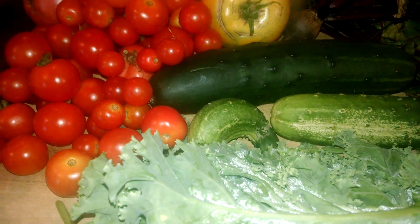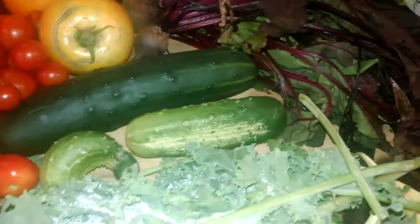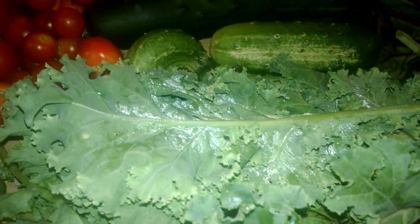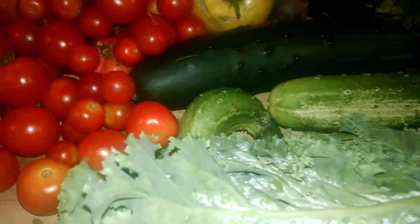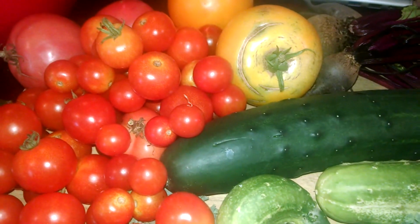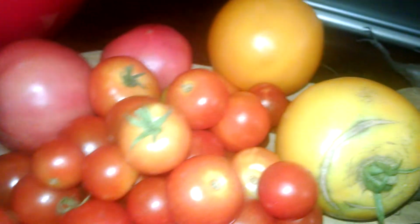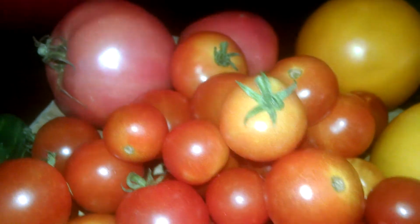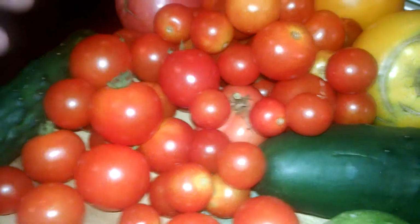Hey guys, today is Saturday, July 11th, and this is my harvest for today. I've got everything piled onto my cutting board here because I just didn't feel like getting out a big towel and laying everything down, so kind of lazy. But here goes. I have my Lemon Boy tomatoes and some Bradley tomatoes, along with a pile of cherry tomatoes,